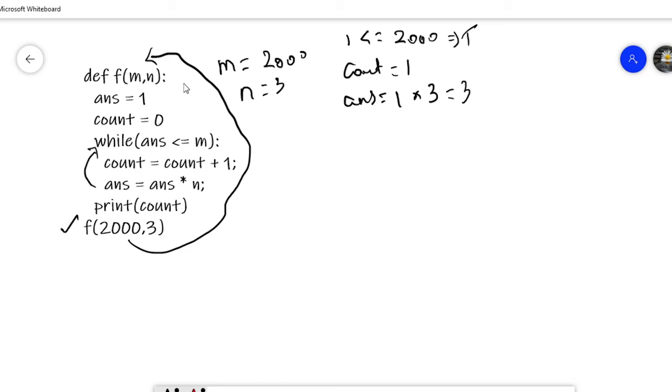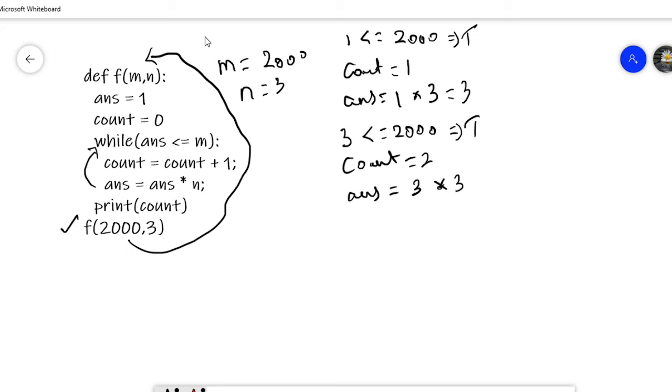Now the value of s is 3. So 3 <= 2000, it is true. So the value of count is incremented by 1, now it is 2. Then s = s * n. Previously the s value is 3, n value is 3, so it is 9.